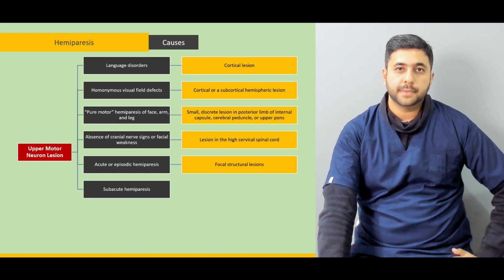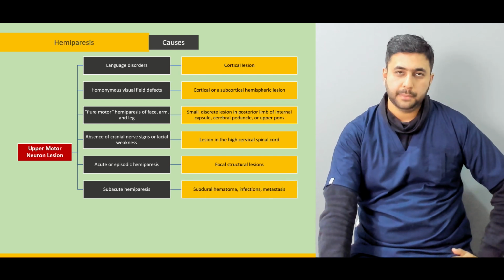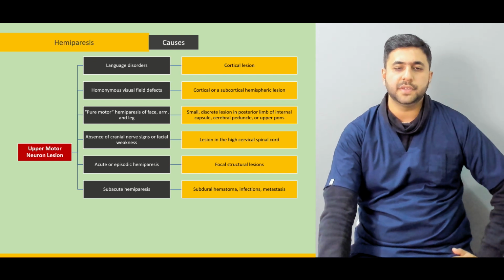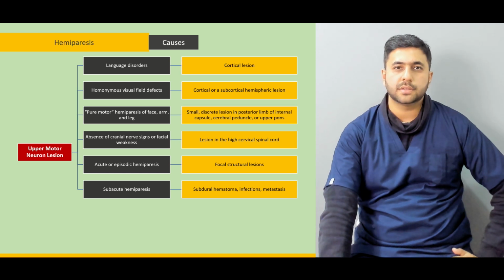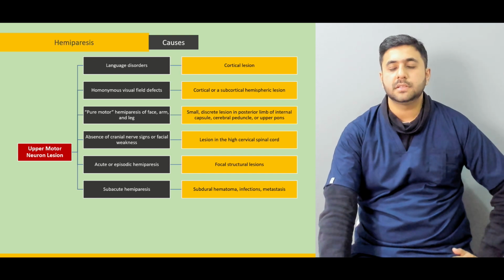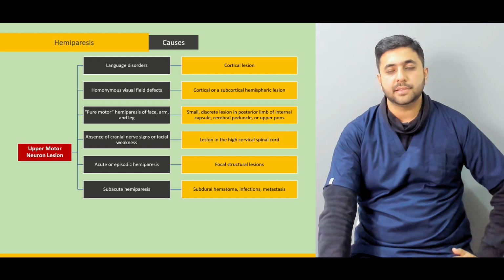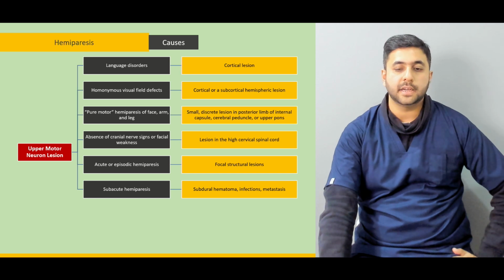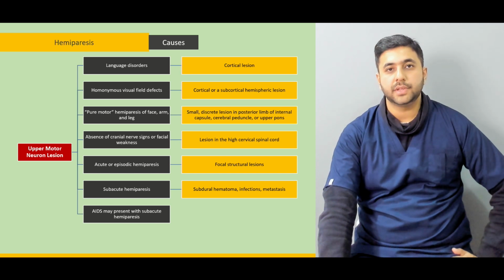Subacute hemiparesis generally occurs if we have certain bleeds into the brain, bleeds which accumulate slowly over a period of days or weeks, like subdural hematoma or certain underlying infections or metastasis from tumors from the other parts of the body. These generally have a subacute presentation, and they can have various presentations depending on the area of the brain they are targeting. In patients with HIV or AIDS, they have subacute hemiparesis generally,